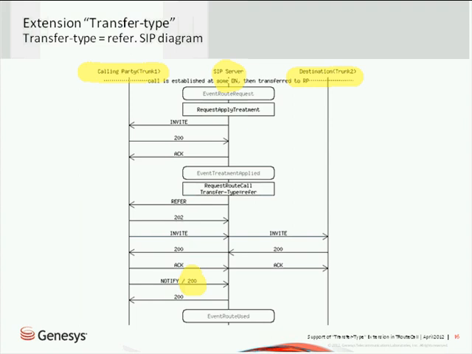Please note that the scenario might be different if your origination or destination are internal parties. For example, when you route your call from routing point, which is local party, to SIP server, to some another routing point, which is also